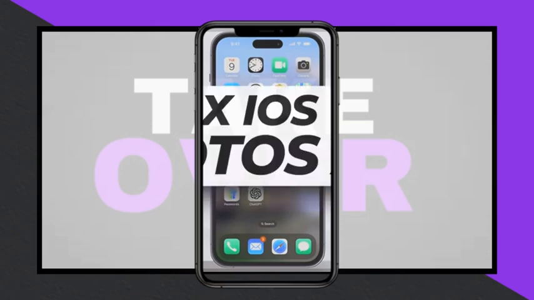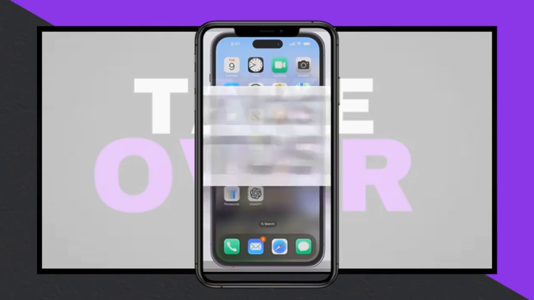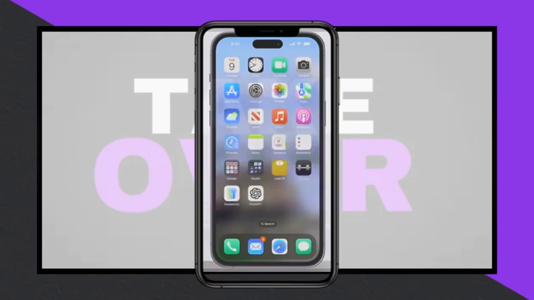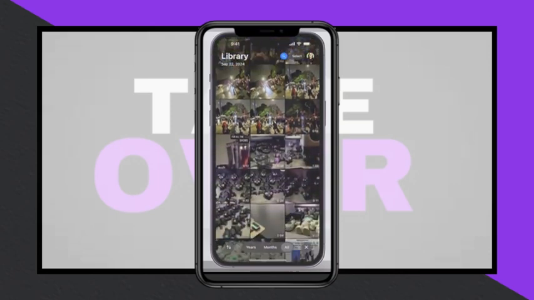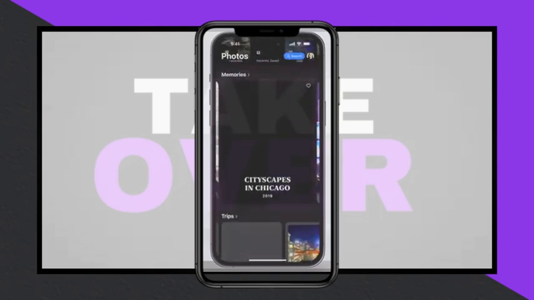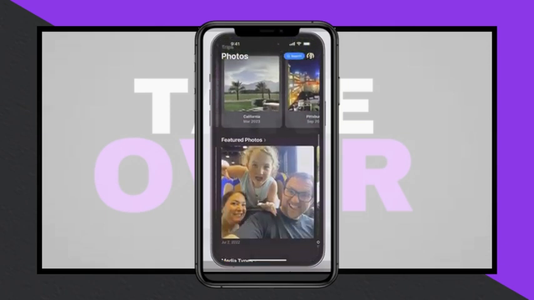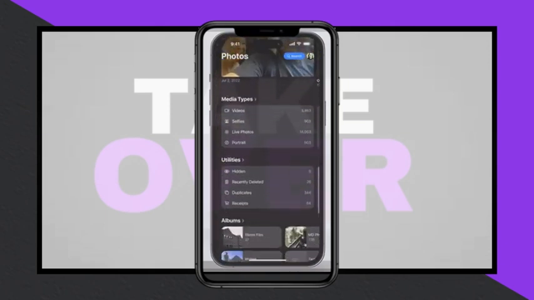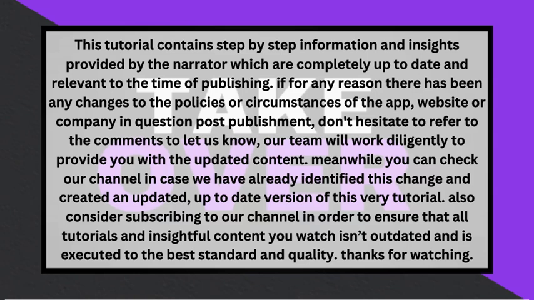Here's a quick and simple approach to customize the Photos app in iOS 18, making it resemble the layout of iOS 17. If the new gallery design feels too crowded, you can easily simplify it for a cleaner and more familiar experience. The updated Photos app in iOS 18 introduces a single scroll interface that consolidates albums, recent days, people,